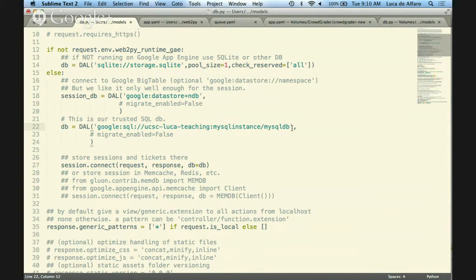Okay, so an instance corresponds to a machine. In fact, you can define how much memory your instance should have. There will be something up and running that runs this instance either all the time or on demand. Once you do that, you have this beautiful instance in the cloud contained in your app ID that runs MySQL. But an instance can per se run more than one database, right?